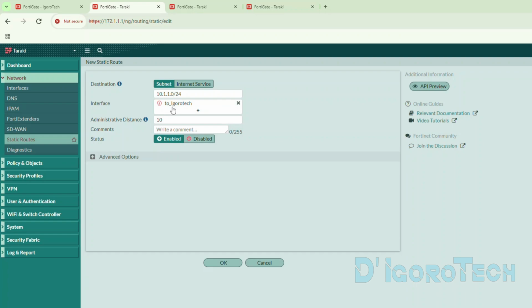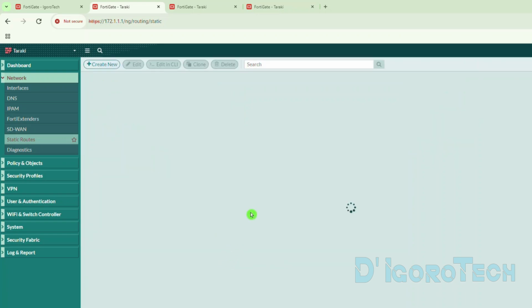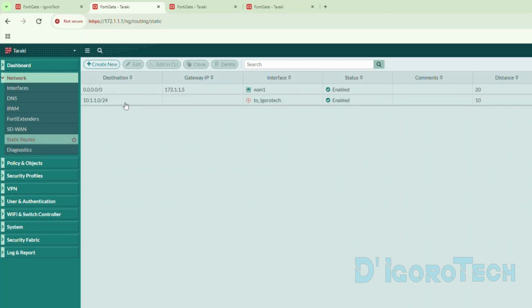For the administrative distance, we need to set any number lower than the default static route, which is 20. So any number between 1 to 19. We will choose 10. Comments is optional. Make sure the status is enabled. Ignore the priority. Click OK to save the changes. We can see here the newly created entry. We want to access the destination, which is the Igorotech network, via the IPsec virtual interface, which is to Igorotech. The status is enabled. And again, always make sure the VPN static route distance is lower than the default static